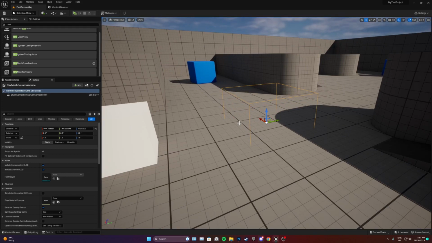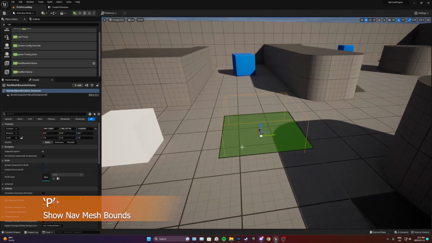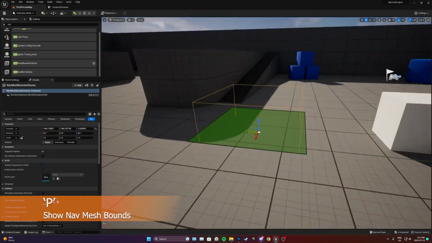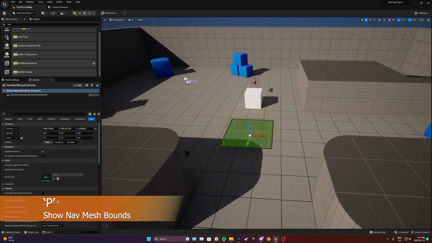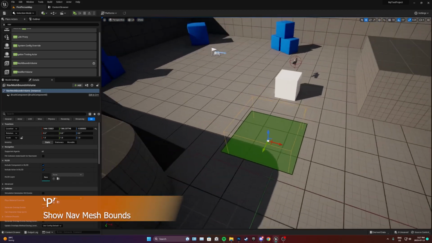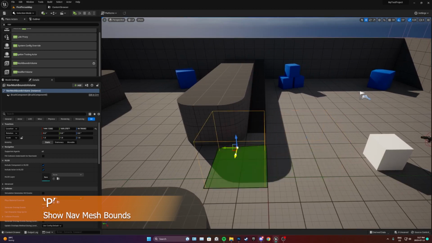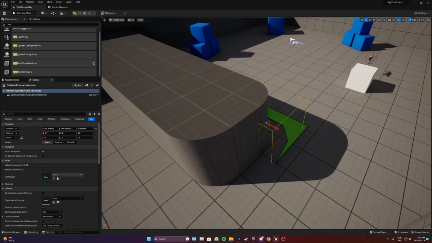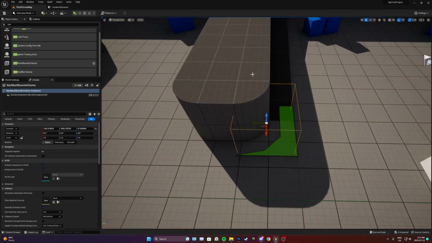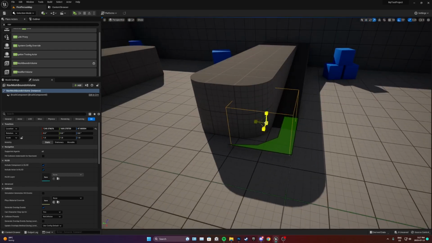And all you have to do is hit P, and you'll notice I have this little green, oh, it took a second to render, but I have this little green box, and this shows me where my AI can walk around. And like I said, you might not use this right away, but it will be useful in the future. So even if I put it on the corner here, you'll notice it automatically generates the corner. So AI can't go up here currently because there's no nav mesh there. But if I made this bigger,